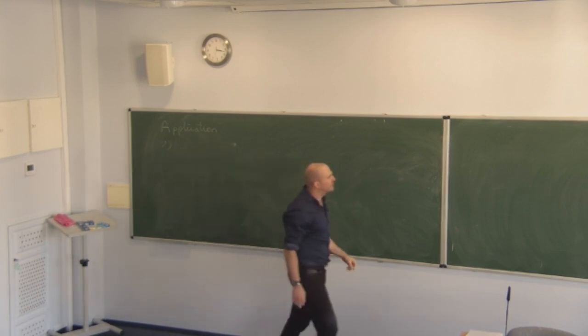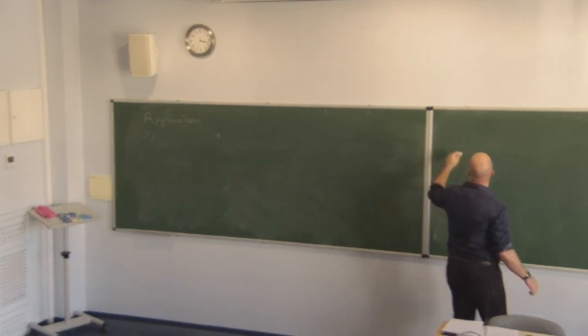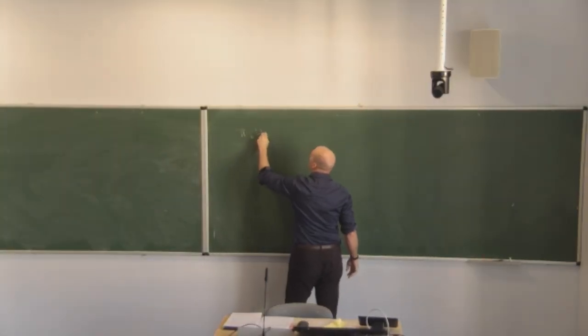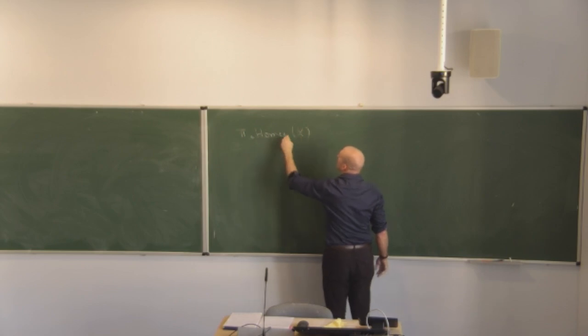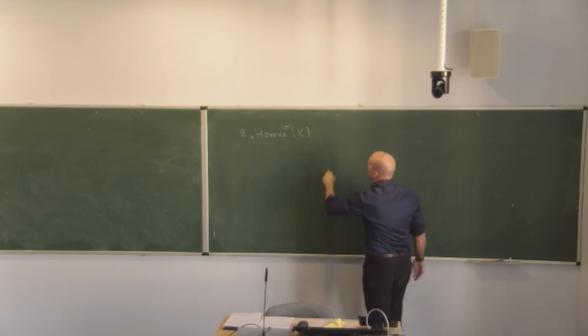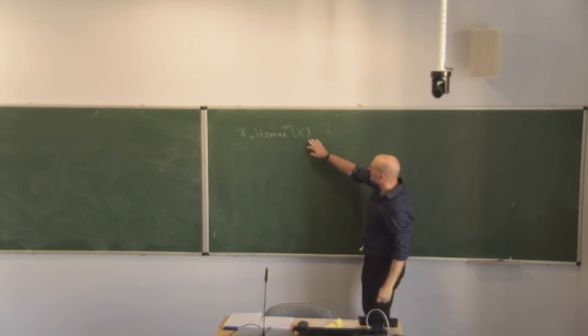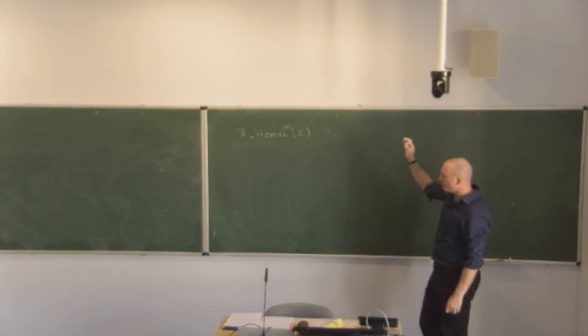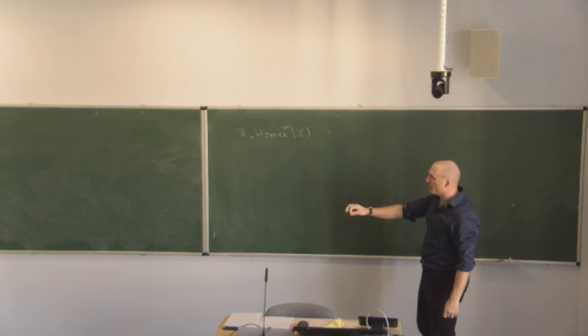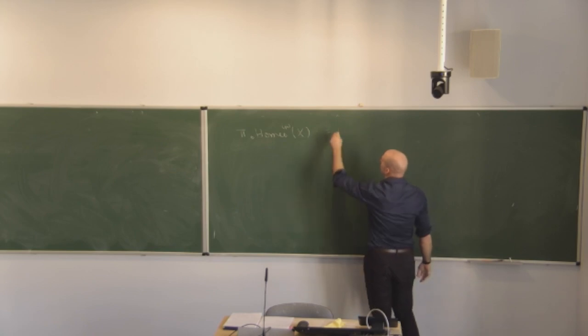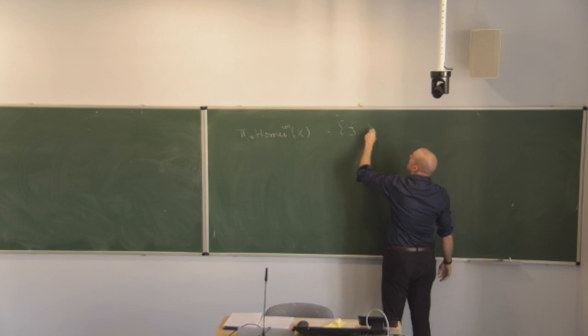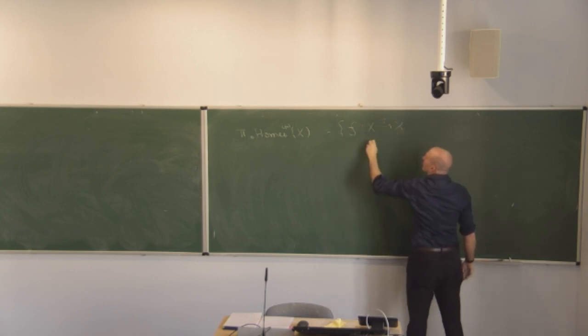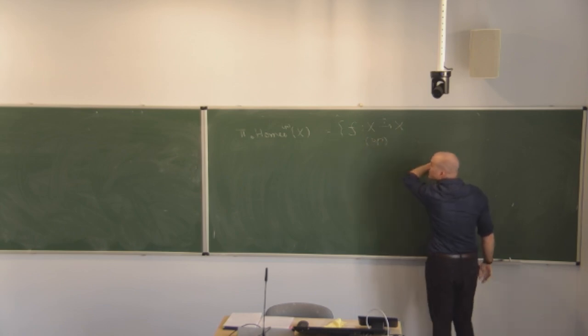I wanted to add an application. So Wojciech suggested that I write this down. I'm thinking about pi 0 of Homeo(X), with a plus or without. What I mean by this is that I want to think about the connected components, and two homeomorphisms are in the same connected component if and only if they're connected by a path of homeomorphisms, and that's another word for an isotopy. So that's the same as, maybe orientation preserving if the plus is there,